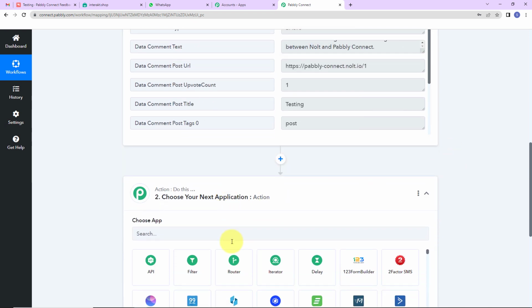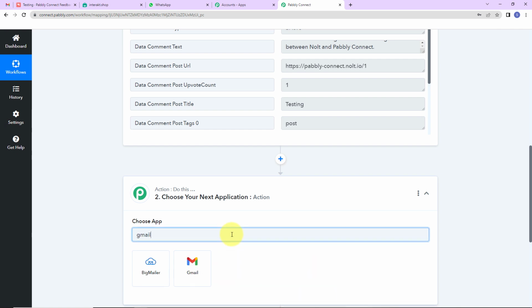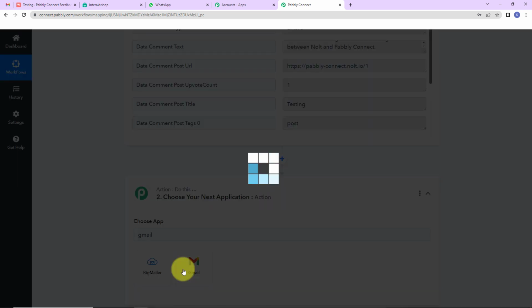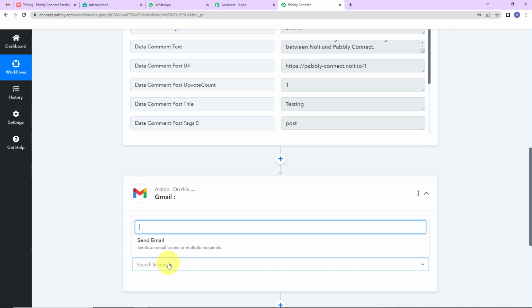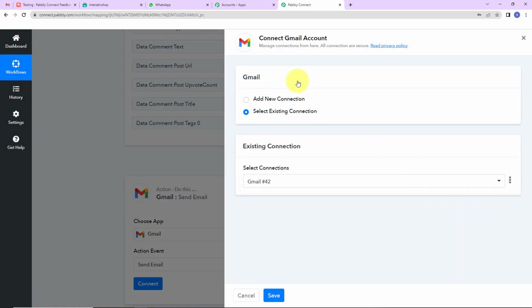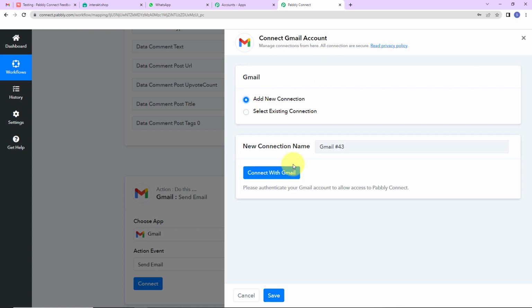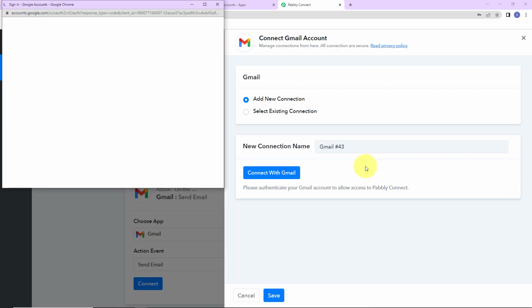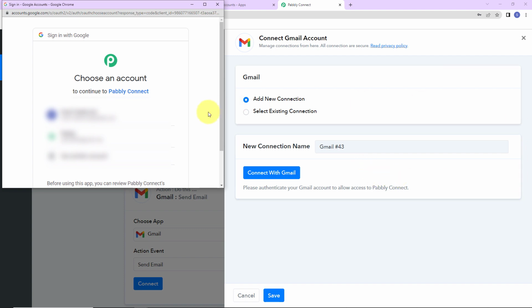So here I'm going to choose my action application first as Gmail. Let's click on this. And the action event here would be to send email. Let's click on connect. So Pabbly Connect wants to connect itself with the Gmail account. Let's click on add new connection and connect with Gmail. So as we do that, here we have to choose an